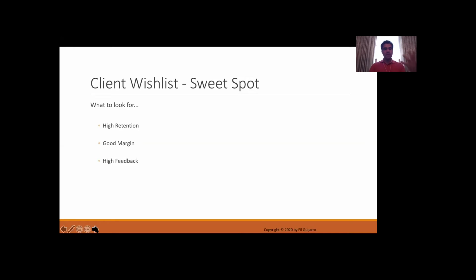So when you go through this exercise and you buy in to the exercise that you are conducting, and you think to yourself, okay, let me look back into my history and extract what my sweet spot is. Let me convert that into filtering factors, and then let me create my wish list. If that wish list is truly complete, comprehensive, it includes everyone that fits your client definition, and your client definition is aligned with your sweet spot, then